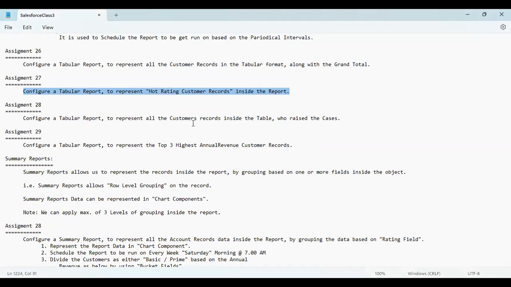Create a tabular report to represent all customer records inside the table who raised two cases. So there is a condition here. Okay. So you just try this and let me know if you face any problem, but it should not be that hard. We just need to give the filter conditions and configure a tabular report to represent top three highest annual revenue customer records. So how you are going to do this? Any idea? Anyone? If you can think of from today's class,